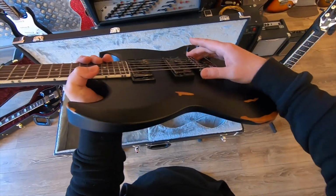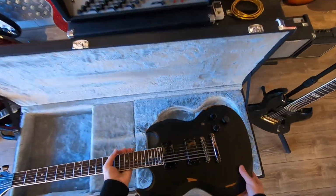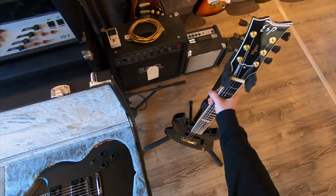Tone Pro locking bridge and tailpiece. I saw this recently on an LTD Arctic Metal. And let's check it in further detail, but first I wanna...